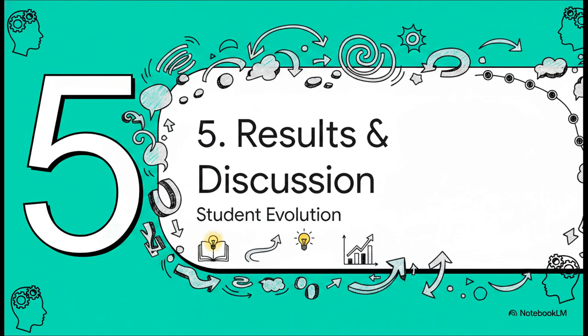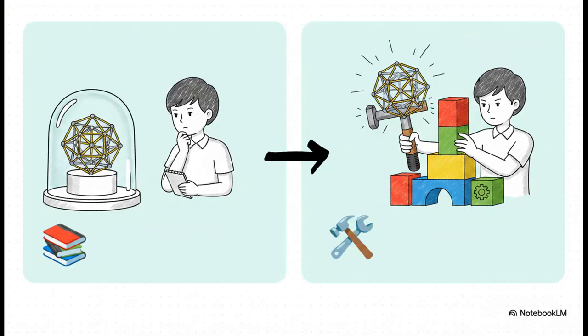All right, Section 5, Results and Discussion. So, what actually happens when you put 60 students through 12 weeks of strategy training and nonstop journaling? Let's look at how their journal entries evolved. The results were striking. Over the semester, there was a very clear shift away from a rigid linguistic focus, viewing language as just this static object to be studied and memorized. Instead, they moved towards a communicative focus, seeing language for what it really is, a dynamic tool to be used